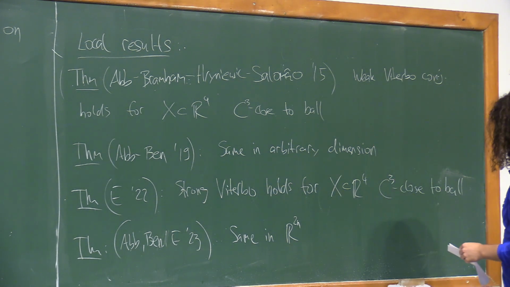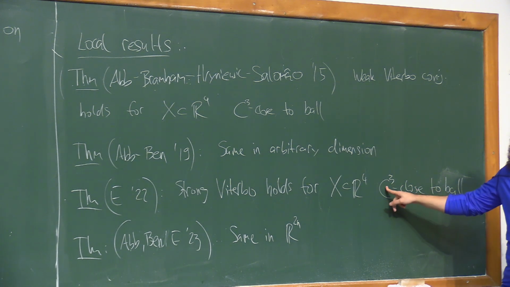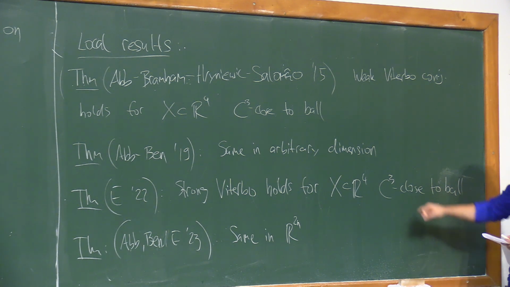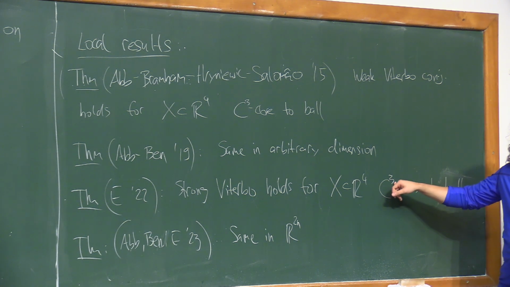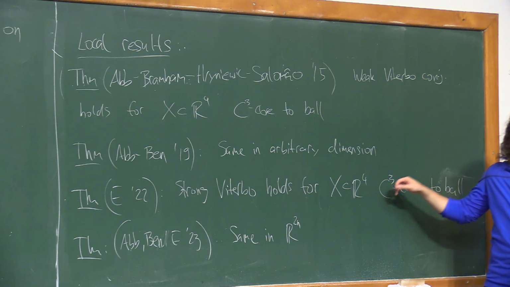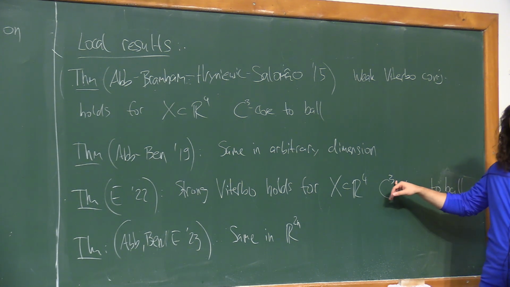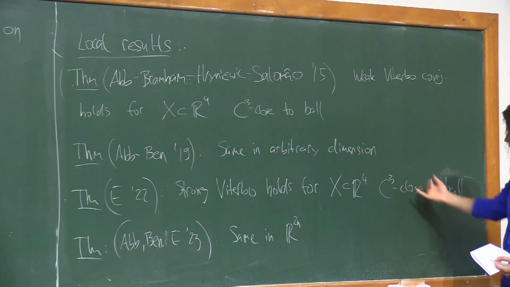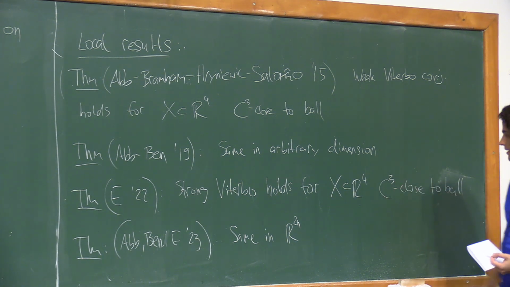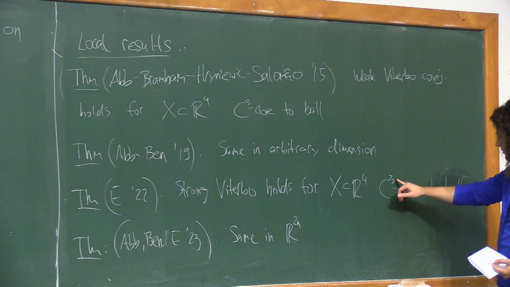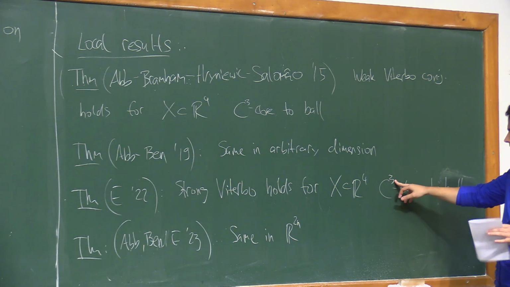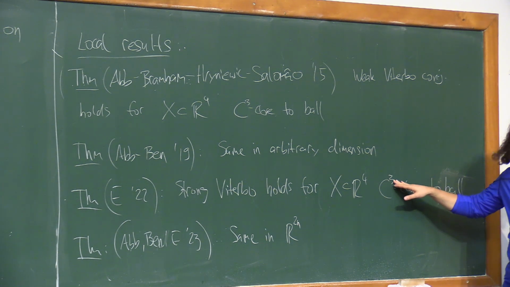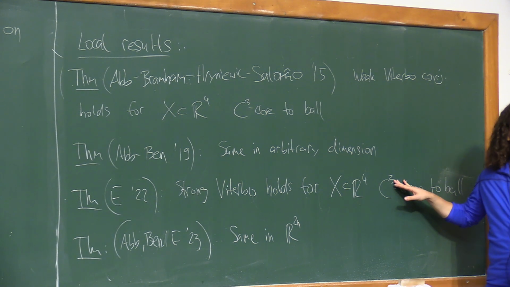So then maybe let me say something about the C3 here. As far as local results are concerned, maybe the most natural thing to look for is the C2 topology. So we're looking at convex domains, and if I want a perturbation of the ball still to be convex, then C2 small is the right thing to ask for. So the C3 is slightly worse. We can't quite get to C2 yet. We can do a bit better than C3, but then it's maybe getting a bit too technical for now, so I will leave it at C3 here. But C2 would be the ultimate goal, but we can't quite get there yet.